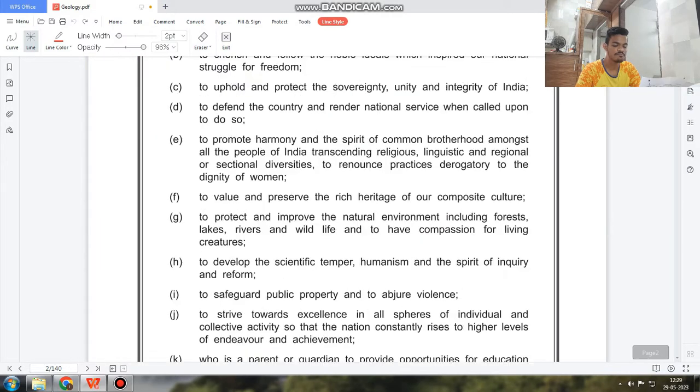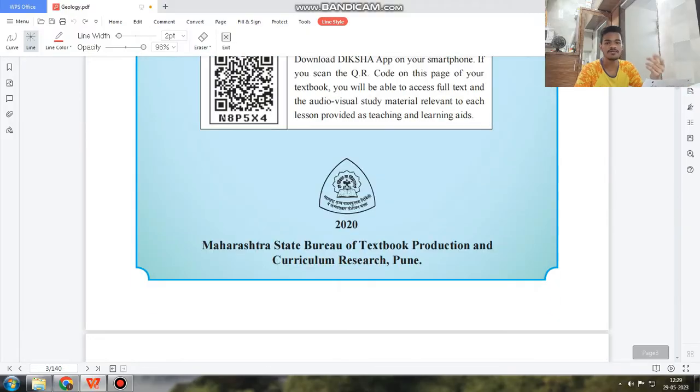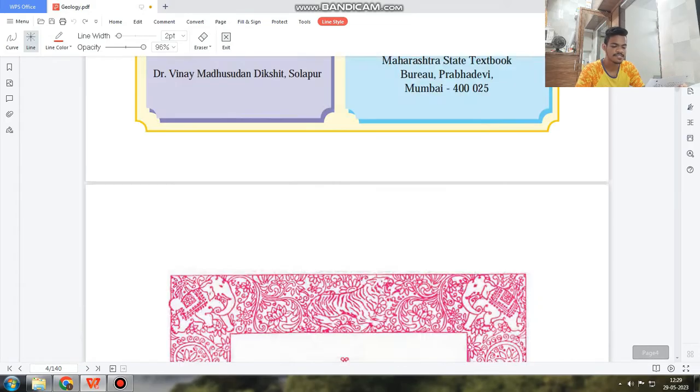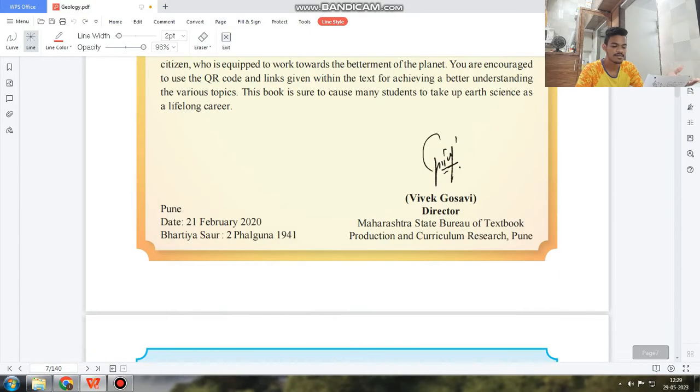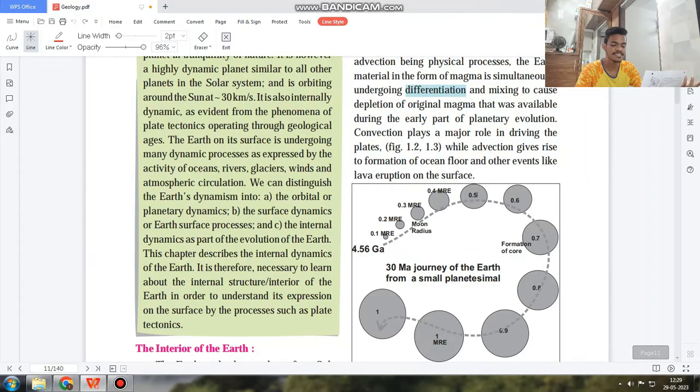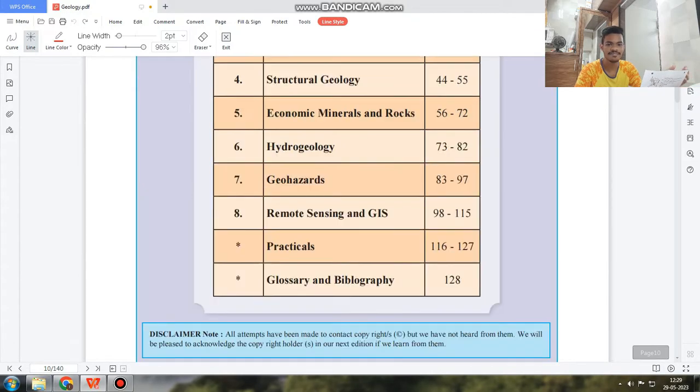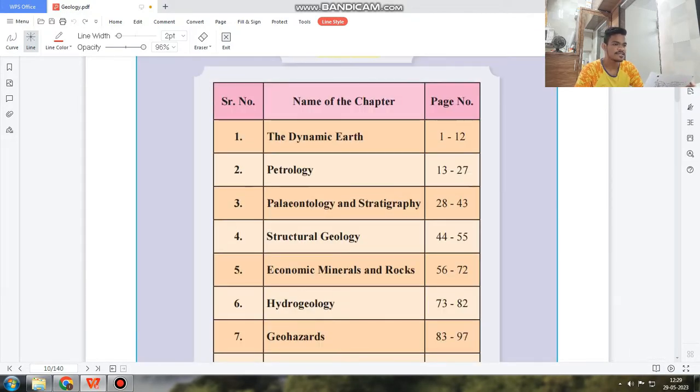Next we move on to petrology. Now what is petrology? Petro means the study of rocks. And we will study different types of rocks, structures, then types of rocks like igneous, metamorphic, sedimentary, and different things. The third chapter we will be seeing is